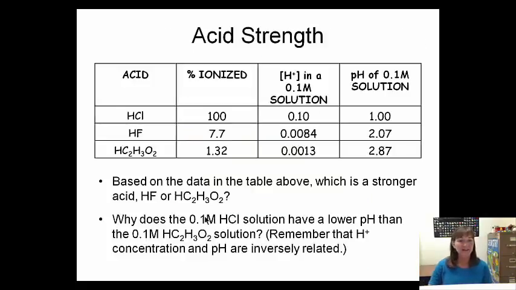So acid strength, here's comparing three different acids. We're comparing, do you remember the name of this one? Hydrochloric acid. This is hydrofluoric acid, and do you remember the name of this one? This is acetic acid, written slightly different. So you need to be able to recognize acetic acid written all the different ways. I told you that hydrochloric acid was a strong acid. That means it's going to 100% dissociate. So if I have a 0.1 molar solution, so it's not very concentrated, but if my hydrogen ion is 0.1 molar solution, or the acid is 0.1 molar solution,